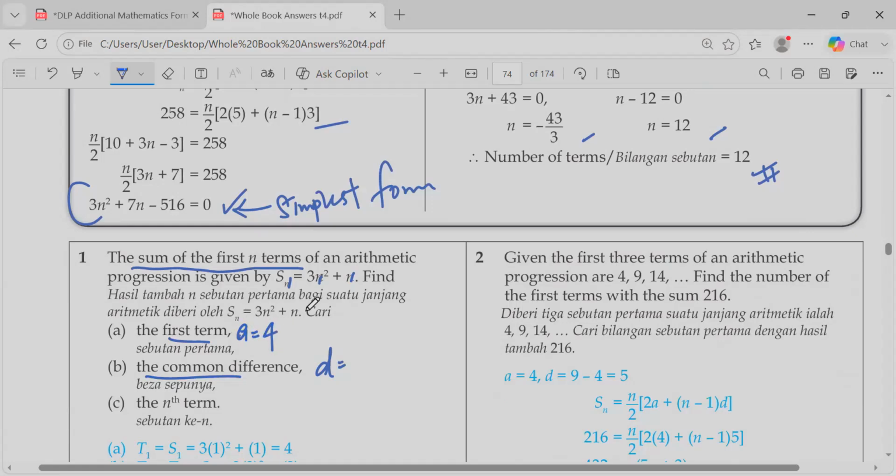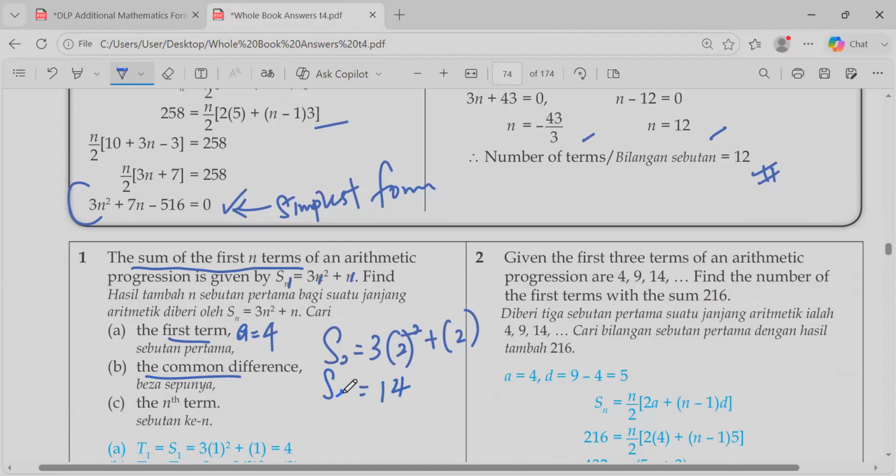A is 4. And then the common difference, you try to find out the second one. The second one minus the first one. How to get the second one? Try to find out the sum of the first two terms. So substitute the first two terms. Substitute 2 inside, and then 4, 12,